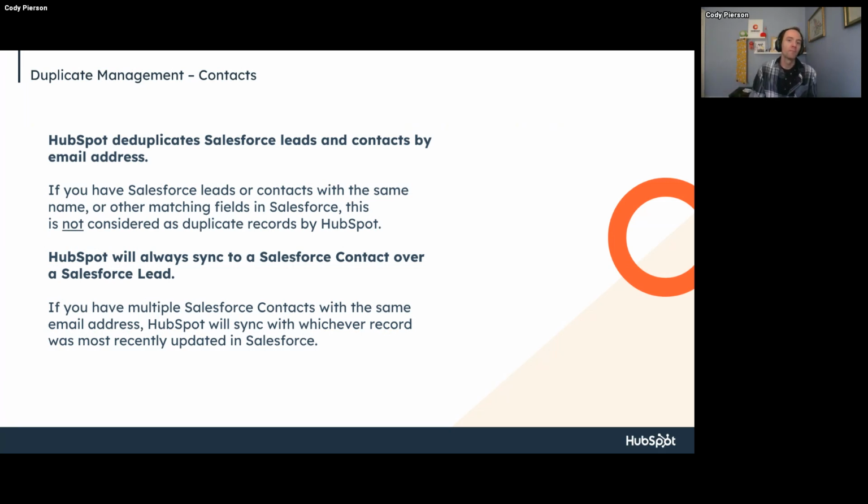Duplicate management. Salesforce leads and contacts deduplicate by email address. That is it. You can have duplicate detection rules in Salesforce that maybe add some secondary layers to this, but by default, they do all their matching between contacts and leads by email address. If you have multiple records in Salesforce that have the same email address, because you can do that, you could have 3 versions of